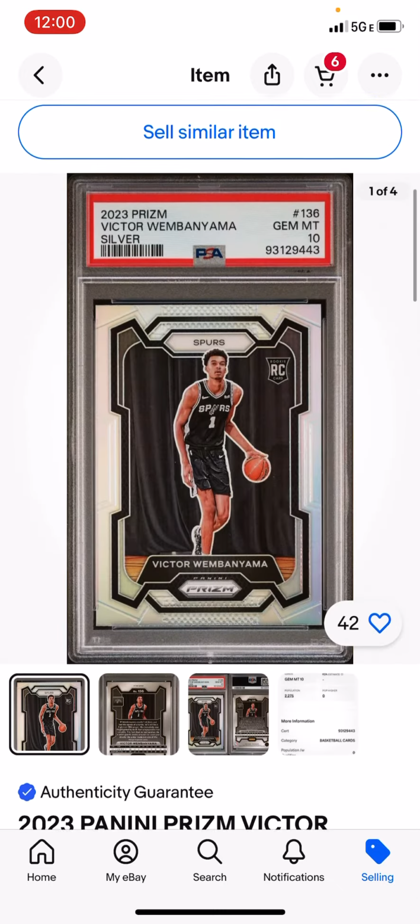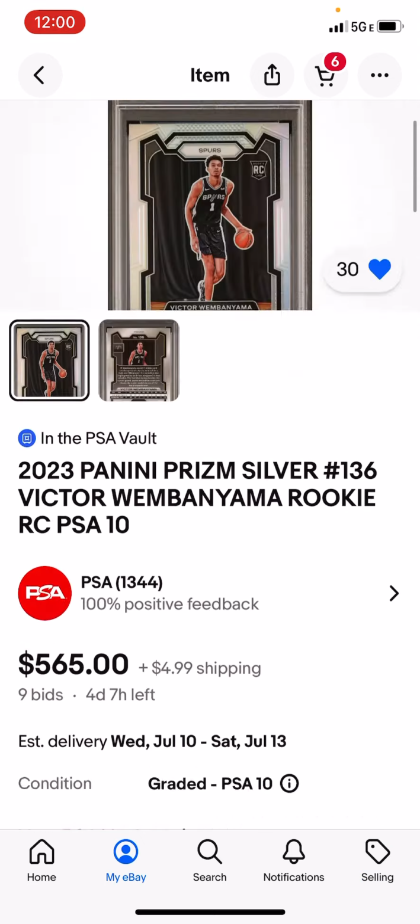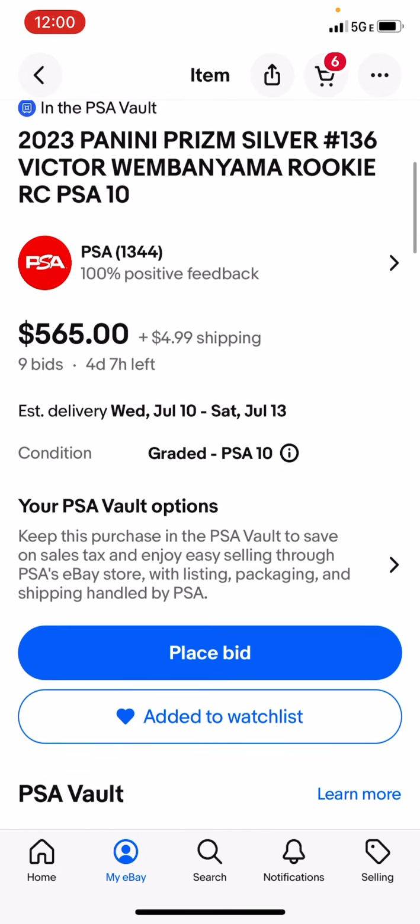So what it comes down to for me is if they were to sell at basically the same price or really close, like within 1 or 2%, or it just seems to be a nuance, whatever the difference is, then I'll show you why I might keep using the vault to auction from there. Because if I go back to this card, the PSA is selling from the vault,